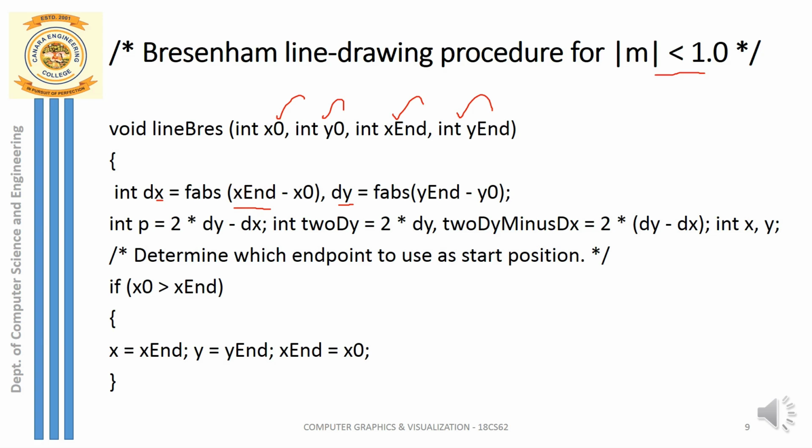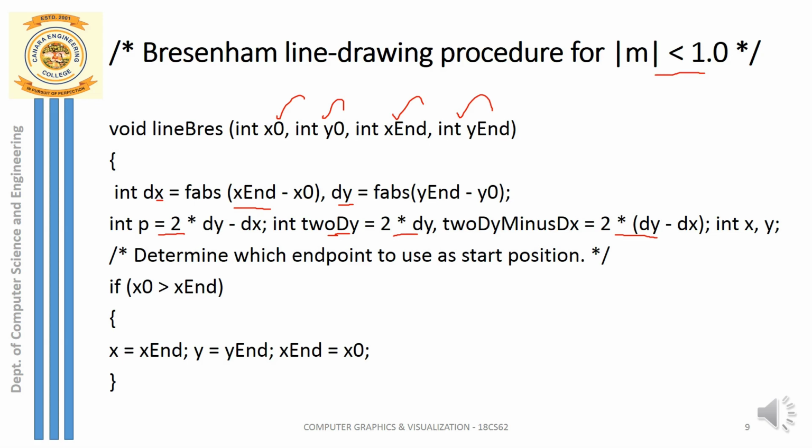You can pre-calculate this. Similarly, your formula says that p is equal to 2 delta y minus delta x. This also we can pre-calculate, and 2 delta y you can take as 2 into dy, and you can store it as a variable called 2 dy. Then you have a formula that is 2 into dy minus dx, which also can be pre-calculated and kept ready in a variable.